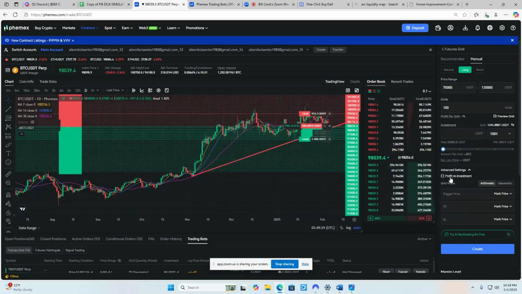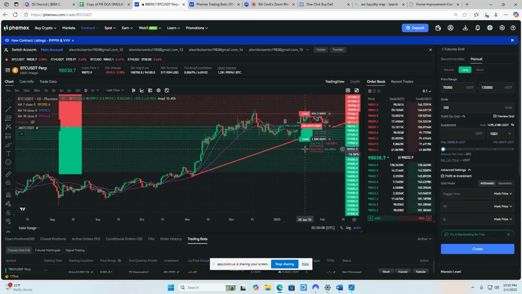You want to hit profit reinvestment, because if you don't hit profit reinvestment, every time it goes up and it collects profit when it sells, it comes back down. Let's say it's not going to do anything. It's just going to go up and down. You're going to have to close it almost like a regular trade, like a normal trade. If you hit the profit reinvest, the money that it collects on the way up selling, it'll use if it's dumping. So let's say it starts dumping,